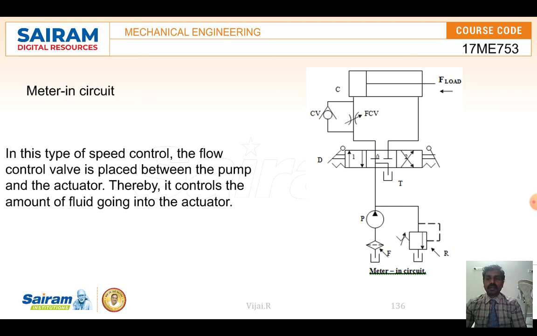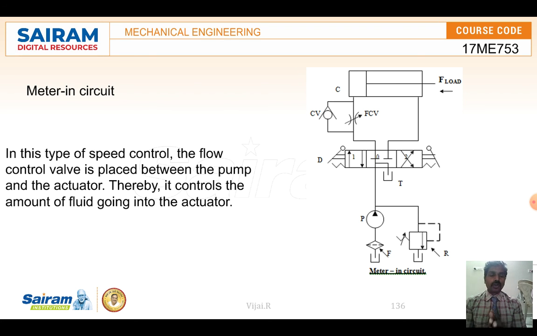And the third one is the meter-in and meter-out circuit. In the meter-in circuit, the flow control takes place on the input side. A flow control valve is placed to control the fluid which is going to the actuator. So from the pump towards the actuator, when the liquid is moving, I can control the movement. Let me take the extension stroke. When an extension stroke has to be a very slow movement,